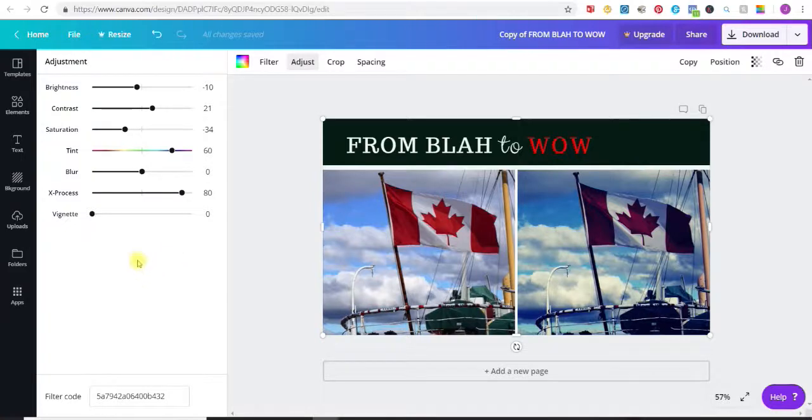Okay, so let's say that I wanted to create or use a vignette. You see that it's darkened the sides. And then I could play around with the tints if I wanted to. Okay, and the saturation level again. Okay,